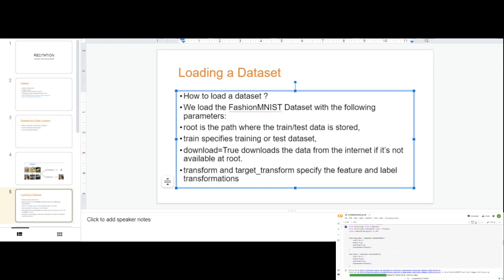So here I have called the basic libraries which are required. Then I give root equal to data. This is basically the place where the data will be stored. Train equal to true means you have your training data. Train false means you have your test data. Download means you can download it from the internet and save it. And transform means the corresponding label transformation which is required. So once I do this,